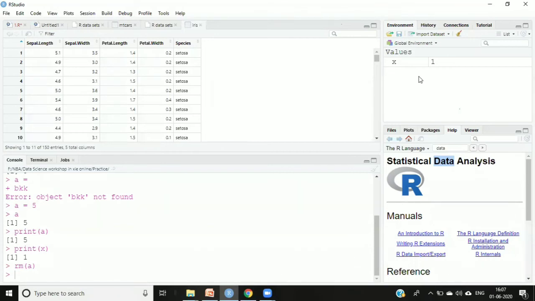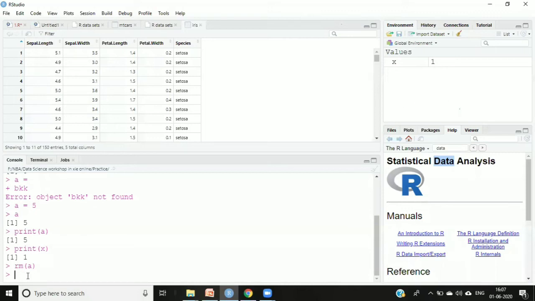So it's always a good idea, whenever you are doing a new project, to clear the whole workspace. You can clear one by one, but it's not a good idea because there will be lots of stuff. Now we have not run so many commands, that's why it's not showing over there. But if you are running any big project, you'll have lots of stuff in this particular window.